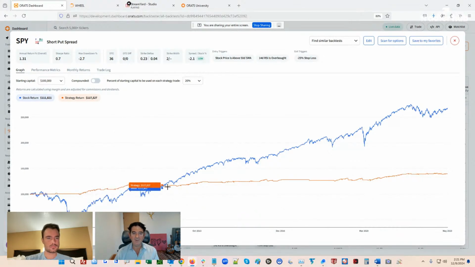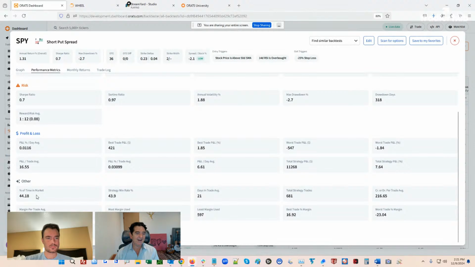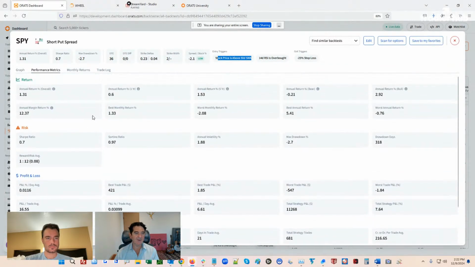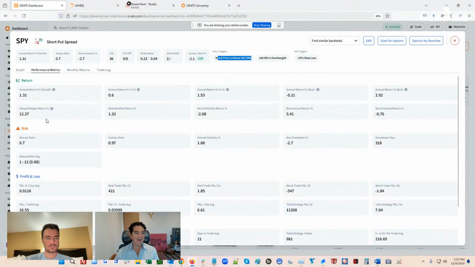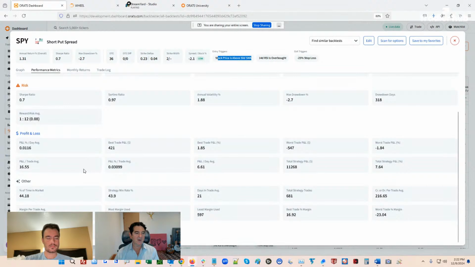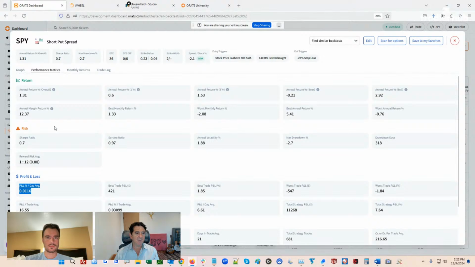Let's just see the performance metrics. It's not in the market that much because we are only there when it's overbought and when the stock price is above the 50-day simple moving average. This is the strategy that they want to use. In these cases, I like to look at the P&L per day, 0.01%, rather than some of these other ones,